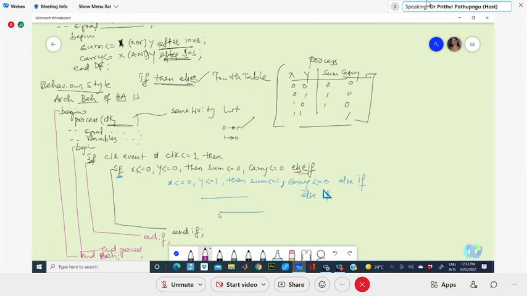So this is what we are taking, the 3 styles of modeling. For every program in your behavior style, you need to begin the architecture, you need to begin the process, and you need to begin the if statements. For loops also you can use, some condition in a loop format.